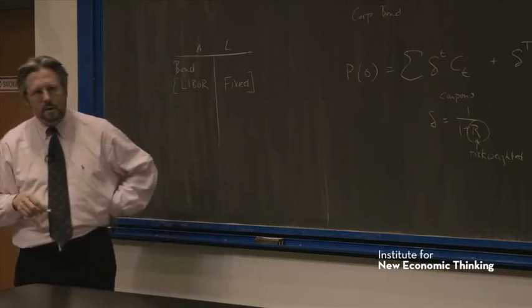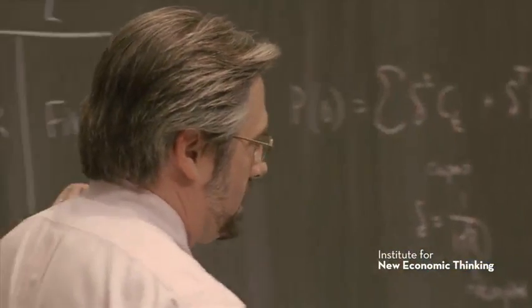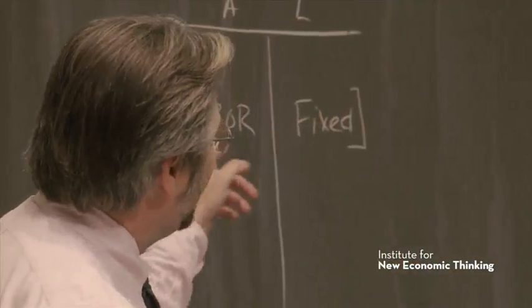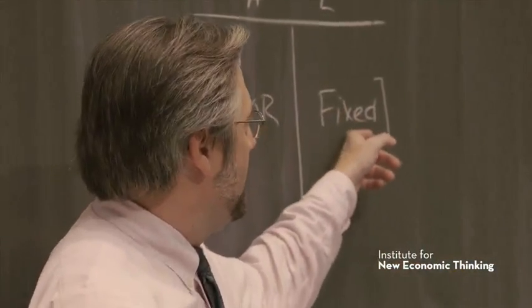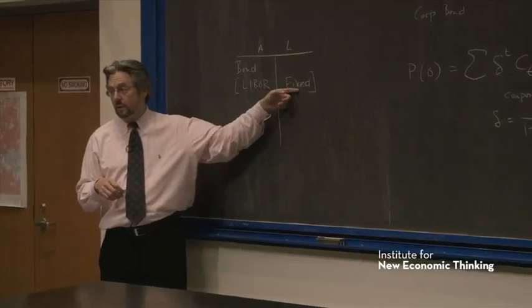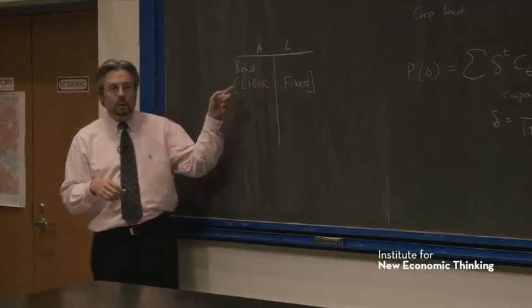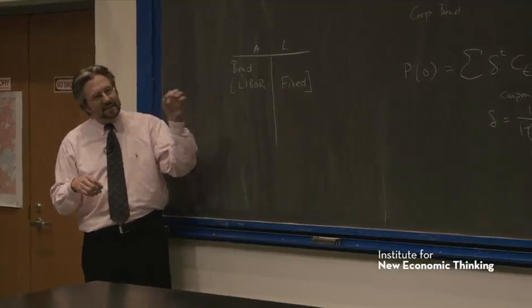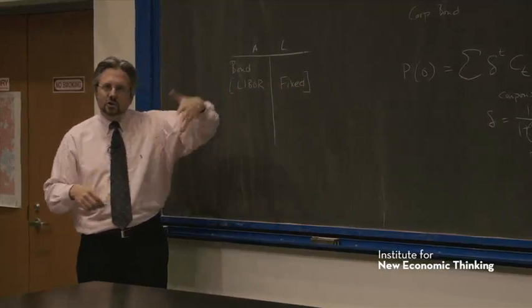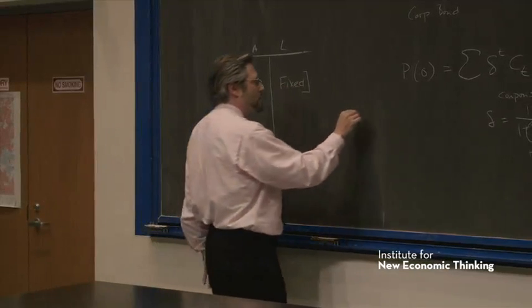The point of this is that we're getting rid of the interest rate exposure, the duration exposure, and what we wind up with is essentially a long-term bond that pays LIBOR